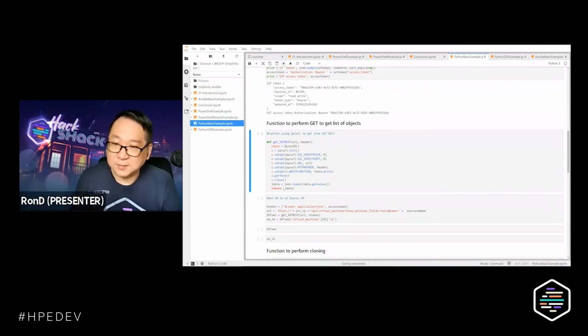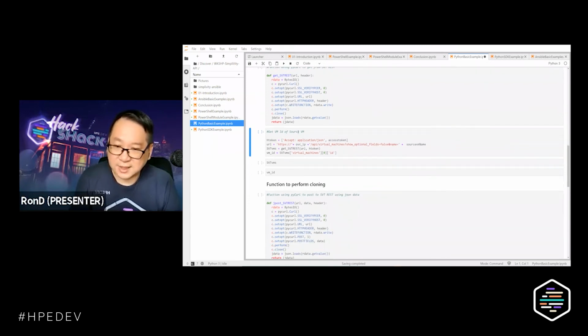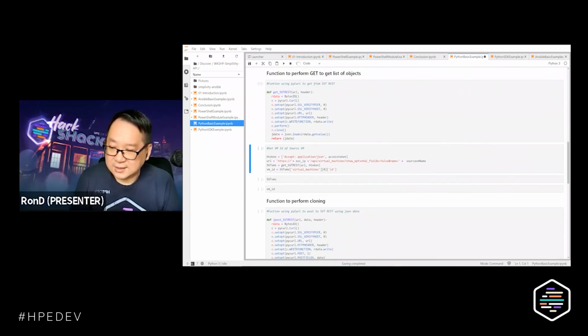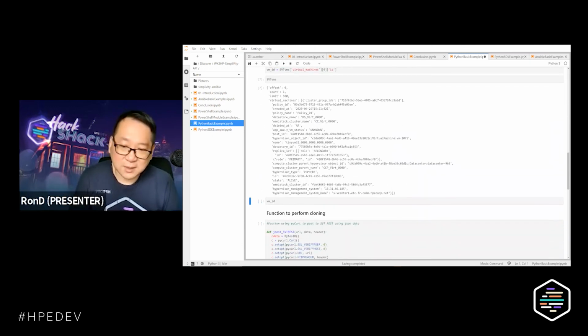Now we can perform further operations, like getting the list of objects and their IDs. Before we can perform the clone, we want to figure out which virtual machine we will clone. Over here is the operation to figure that out, and here is the particular VM that we will be cloning.